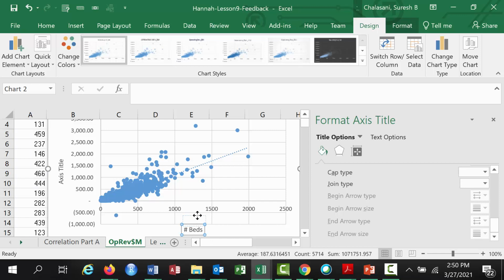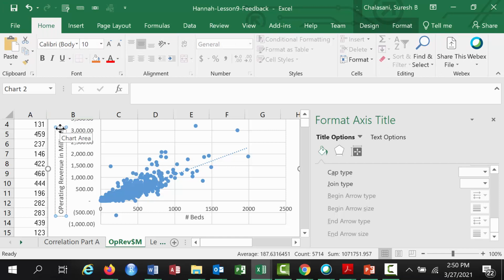I'm going to do this, and then I'm going to move this close to the x-axis, and similarly for the y-axis I am going to type operating revenue in millions,